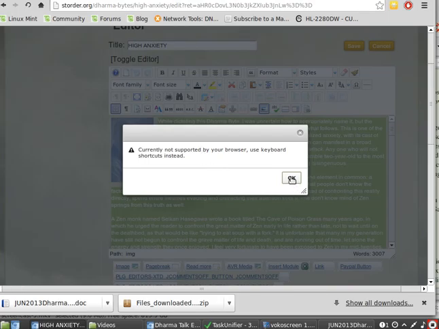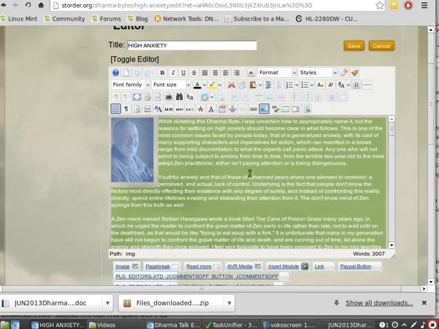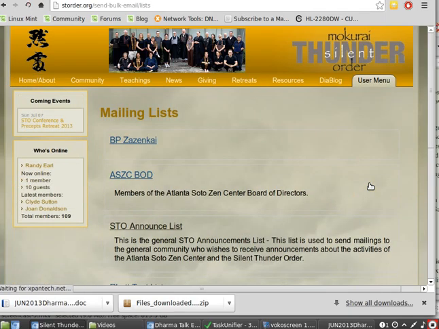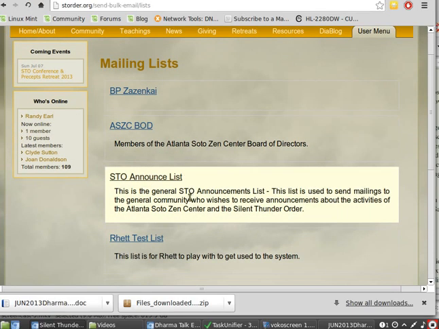Copy. See, it wants me to use my keyboard shortcut, Control-C, like I've been doing. Okay, then I'm canceling it because I'm not editing that page. Now, I'm going to go to the user menu, send bulk email. Now, the Communications Committee has already created a draft of the announce list